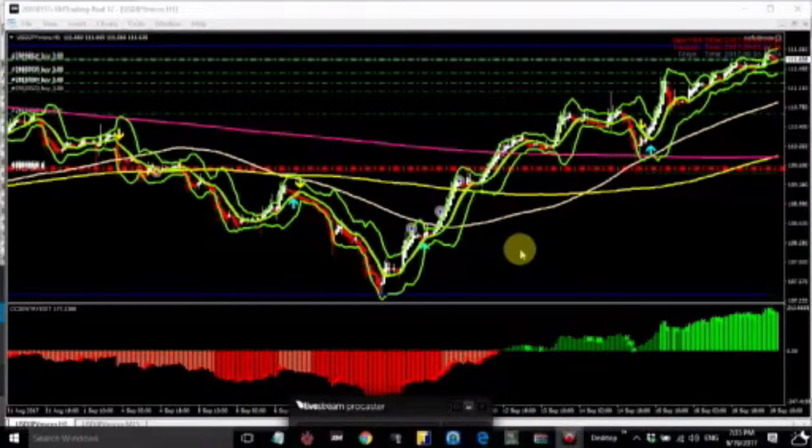So what you want to do is understand the fact that whenever there is going to be a major retracement, that major retracement will end by touching the moving average 200. That is the major retracement. But it doesn't happen all